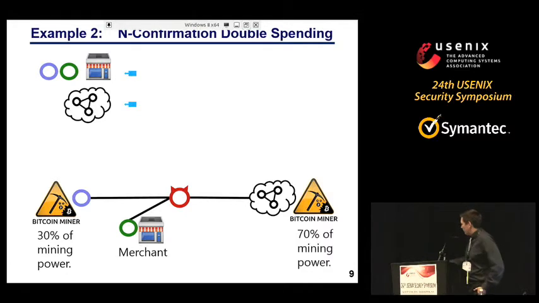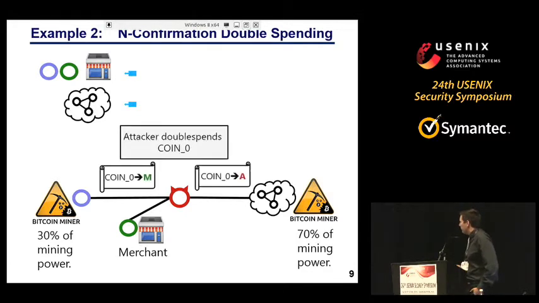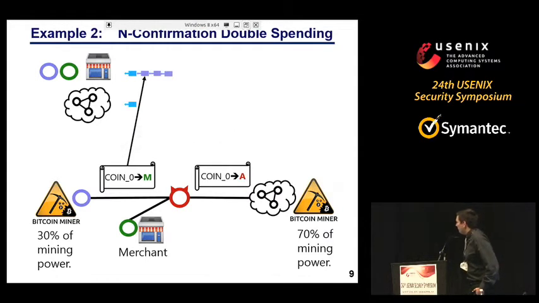So yes, the purple node has 30% of the mining power, the rest of the network has 70%. So the attacker double spends a transaction. This transaction gives coin 0 to the merchant, and then there's a separate double spend transaction that gives coin 0 back to the attacker. The attacker has partitioned the network,